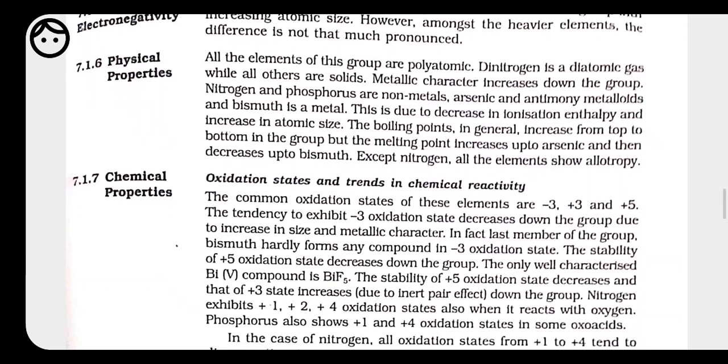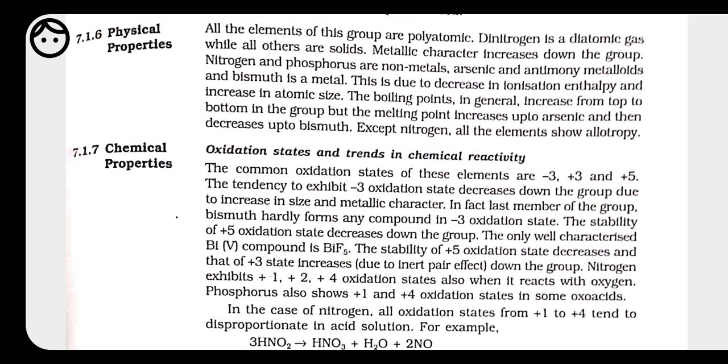Now we have to deal with the chemical property. Before dealing with the chemical property, we should also know that all the elements present in the second period, like beryllium, boron, carbon, nitrogen, oxygen and fluorine. Because here we are talking about nitrogen only. Nitrogen is also an element present in the second period.